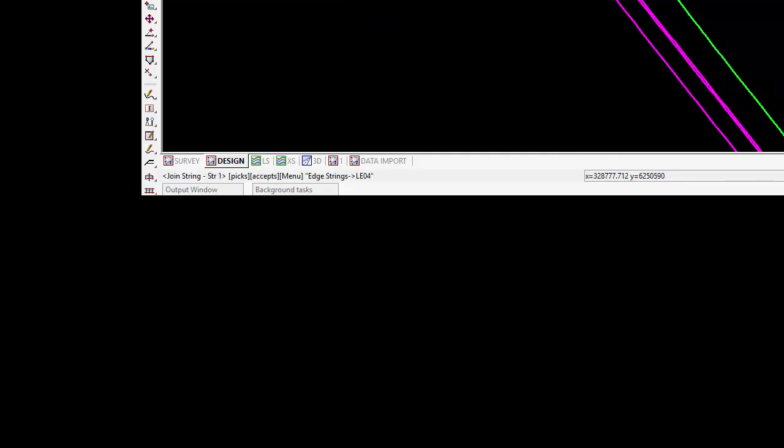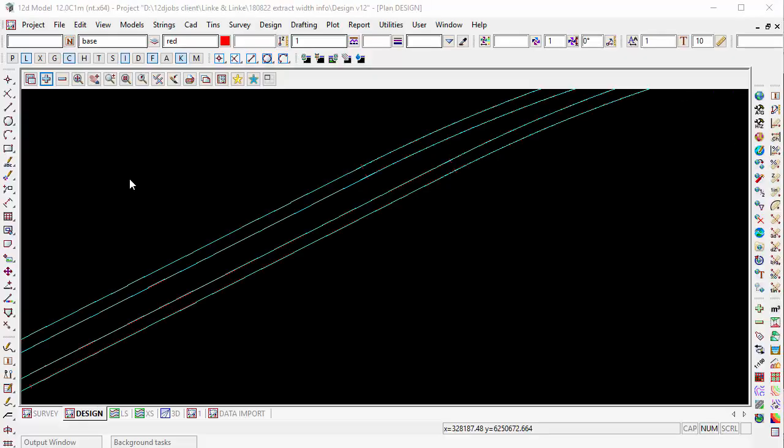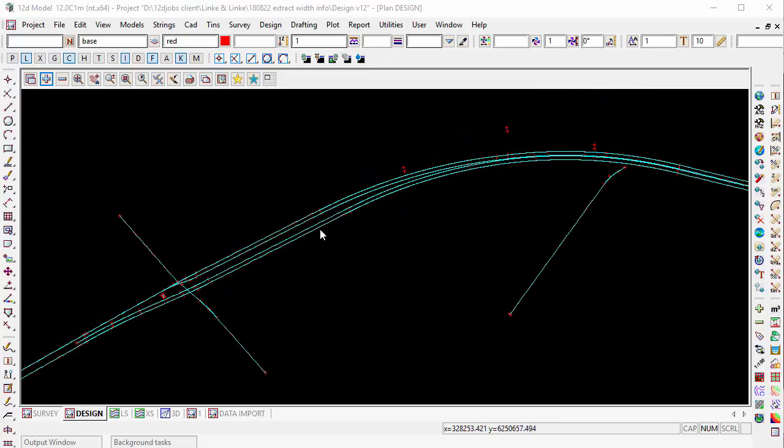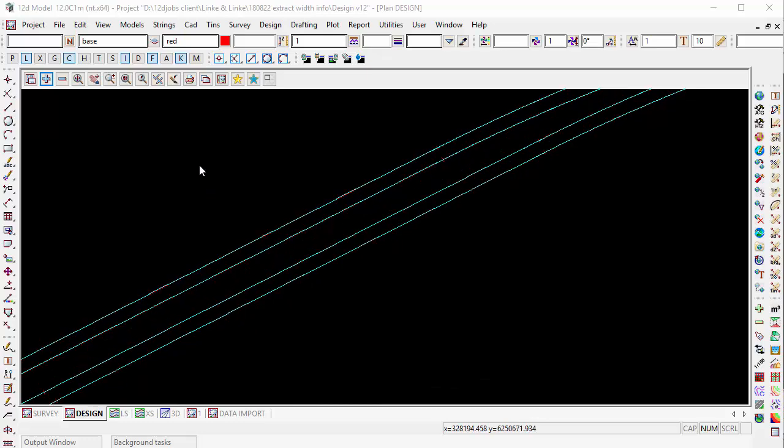So joining them all together in that way, we've got the edge strings, we've got the center strings and the edge strings. So join them up. Then the time comes to create the files, the change and offset files. So for this, I'm going to add on my alignment string. So to do our change and offset measuring, I need to choose the alignment string that is going to deliver me the changes. So I've added the alignment strings, the M strings to the view,